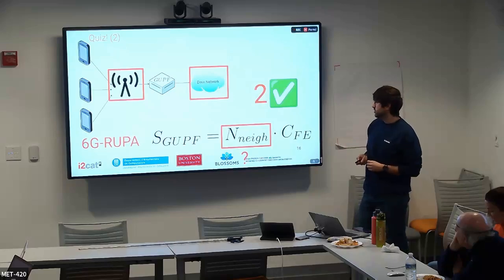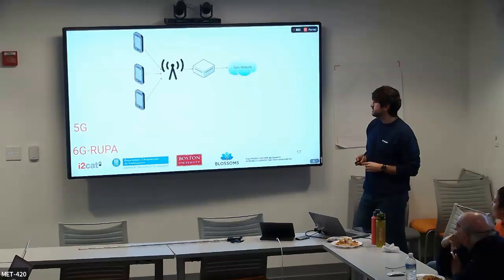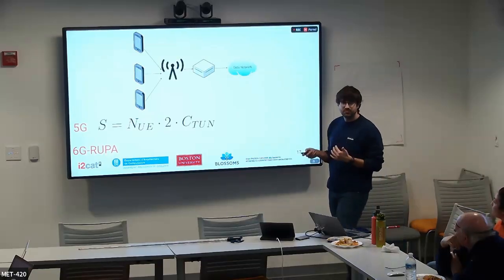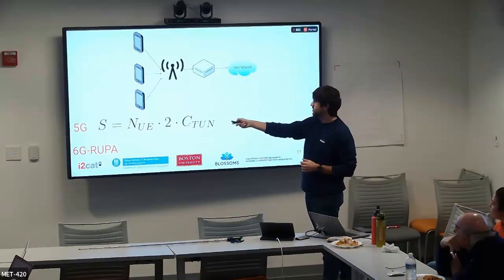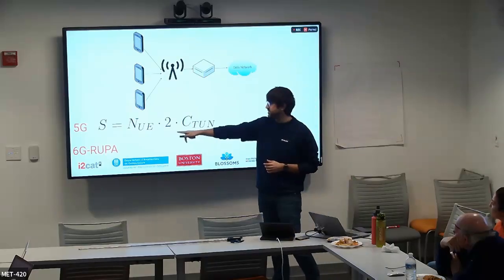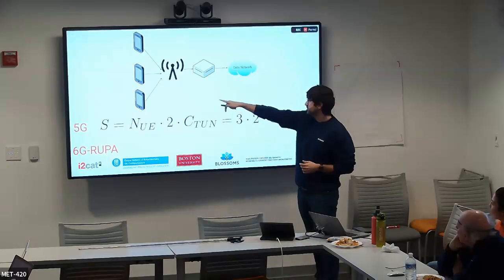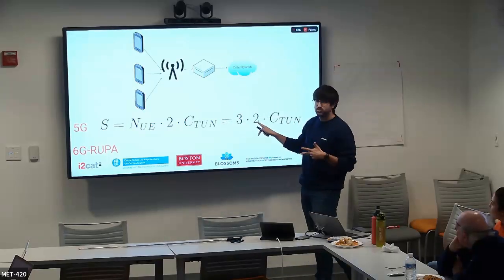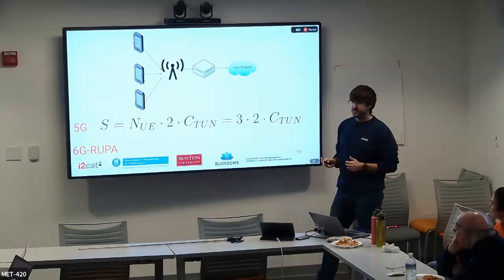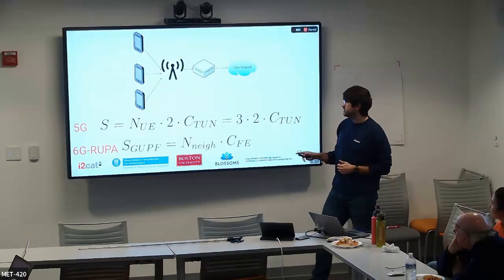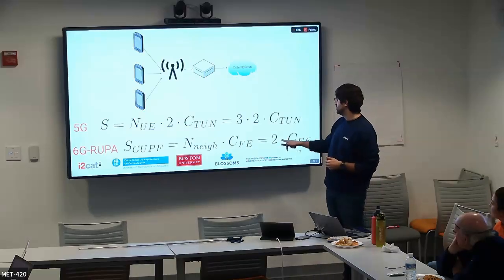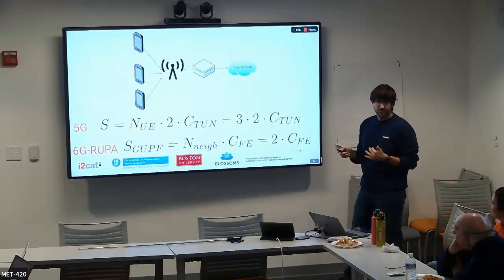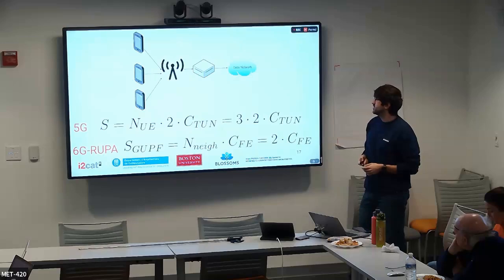2. I don't know if you noticed what happened here, but in 5G the state information depends on the number of mobile phones. So if we put numbers to this expression, that would be 3, because we have 3 mobile phones, 2 tunnels for every mobile phone, cost of every tunnel. And in 6G-RUPA, since you only depend on the neighbors, you will have 2 times the cost of a forwarding entry. You see what's going on here, right? So in summary,